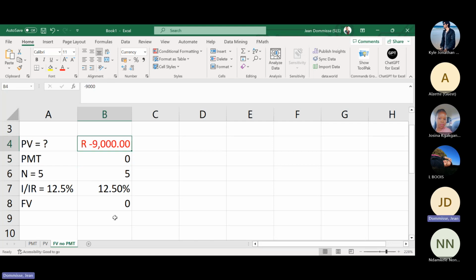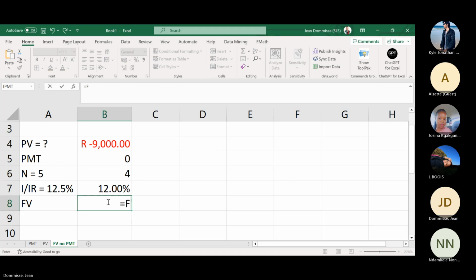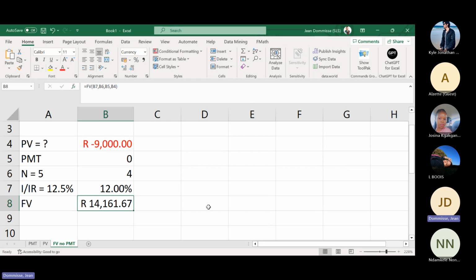So let's do that. It was for 4 years, and I think it was for 12% interest. So future value, got the rate as 12%, we've got it as 5, we've got no payments, got the present, and there we have it,